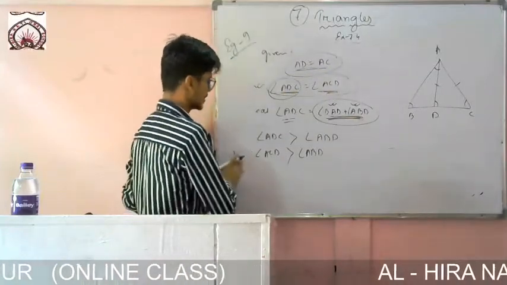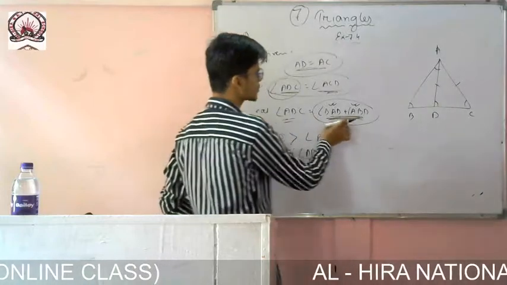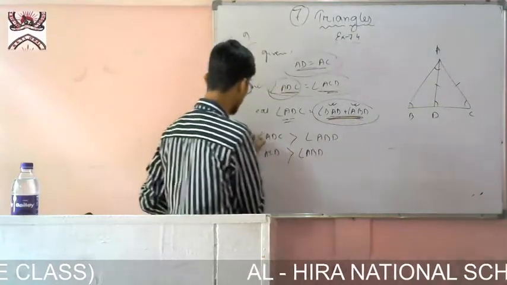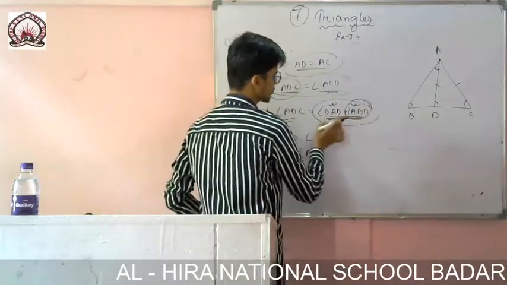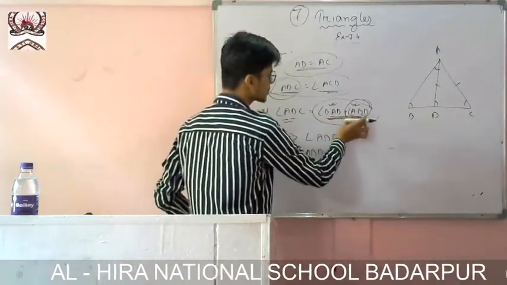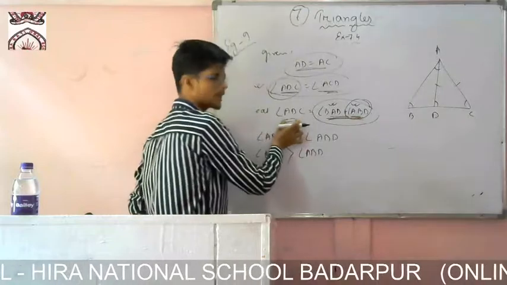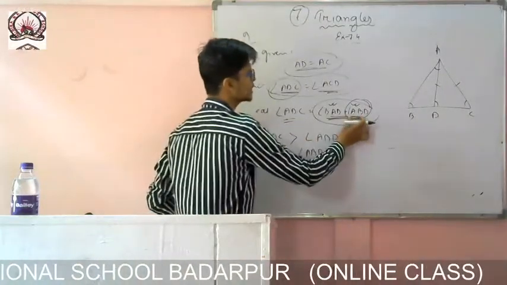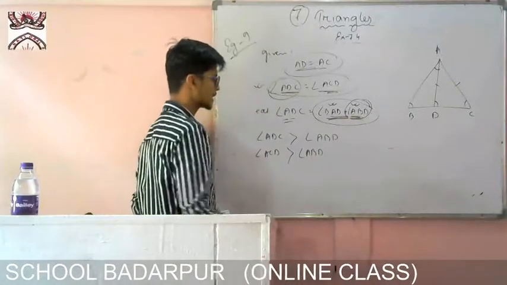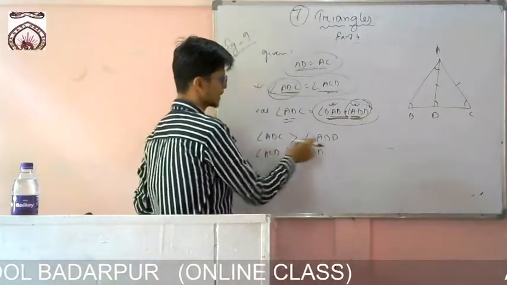Okay. So now what I have shown is that the exterior angle is equal to the sum of these two angles. That means I can write ADC is greater than ABD. I am only taking this one, so I am leaving one part. That means this one will be a smaller angle in comparison to this one. After adding these two, I am getting this one. That means if I take only this one, it is a smaller angle. Okay, so ADC is greater than this one.